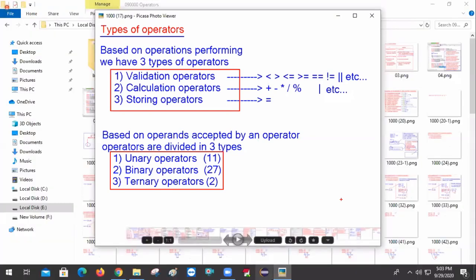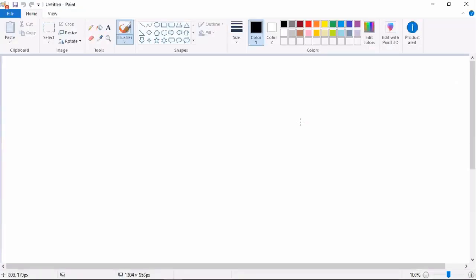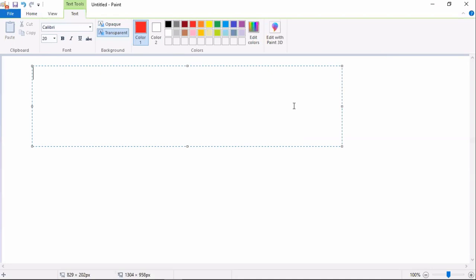Okay, tell me some of the operators that come under unary. An operator that takes only one operand. Let's say I am taking a variable int a equal to 10. Then I am writing a plus plus. Plus plus is an operator taking only one operand, so this is a unary operator. Or plus plus a is a unary operator. Next, sign operators: plus a, minus a. These are also unary operators. Are you catching my point?